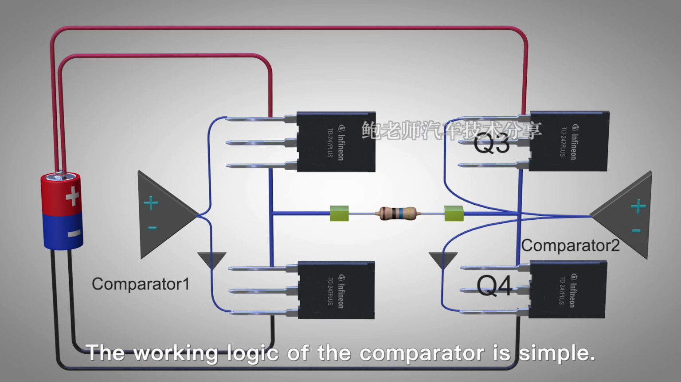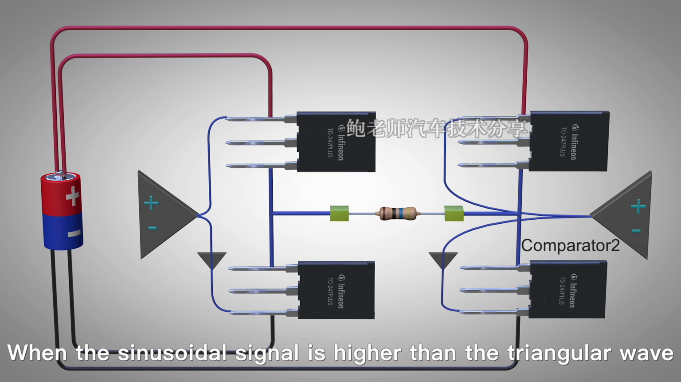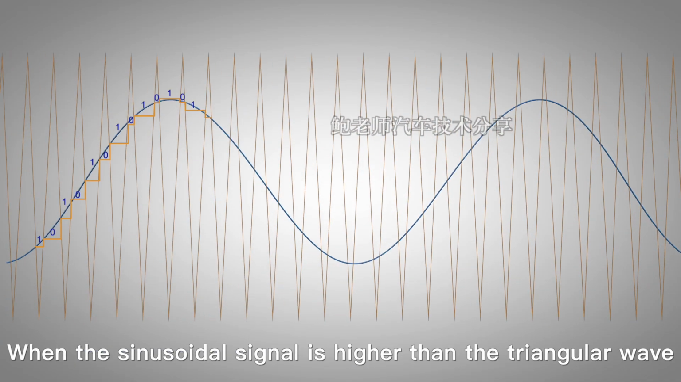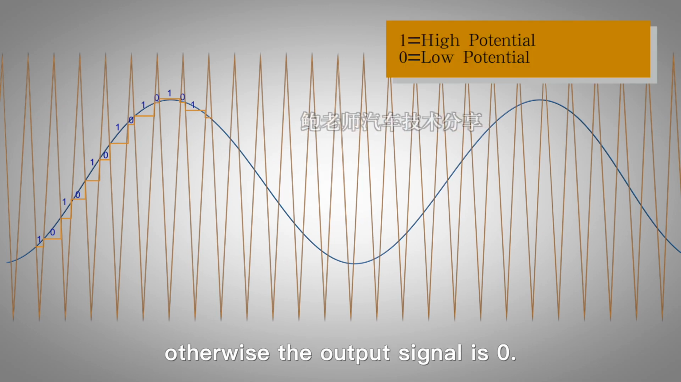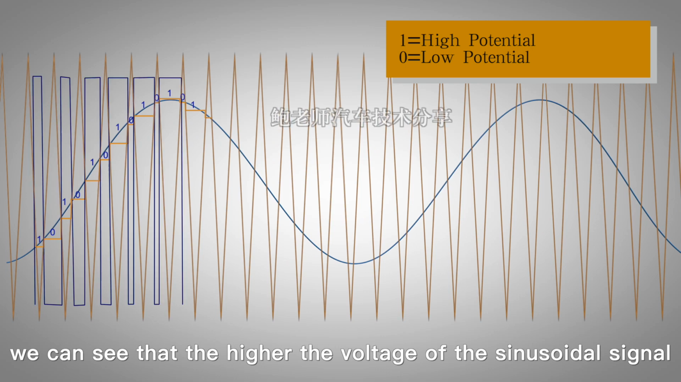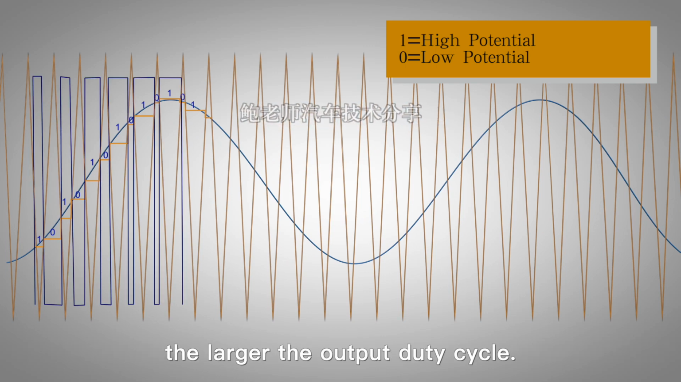The working logic of the comparator is simple. When the sinusoidal signal is higher than the triangular wave, the output signal is 1. Otherwise, the output signal is 0. In this way, we can see that the higher the voltage of the sinusoidal signal, the larger the output duty